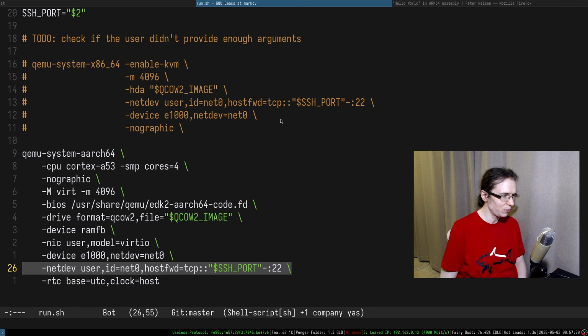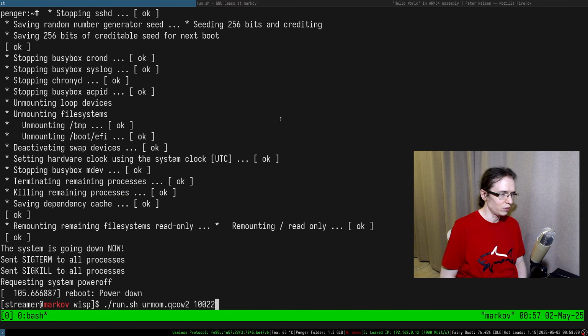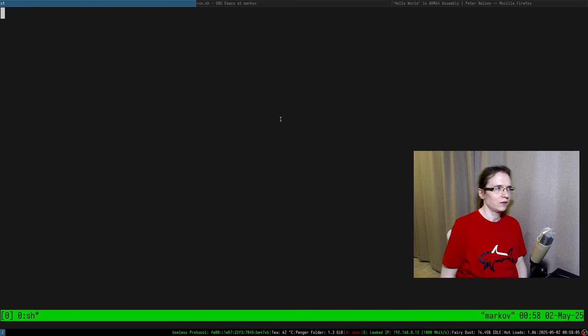Is that something with the wrong networking device? Is that not supposed to be e1000 or something? Is OpenSSH installed? Yes, it is, but maybe it's not running. That's the thing. All right, let's try that one more time.